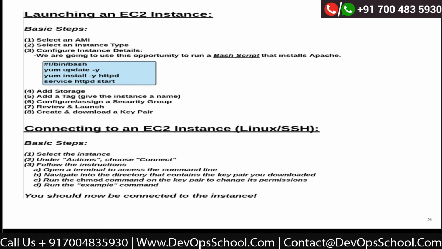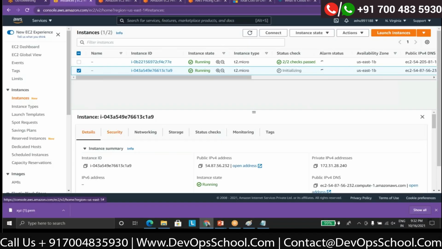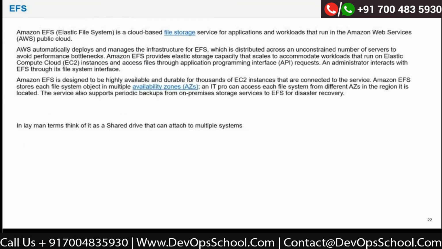Hello, guys. Okay, Rahul. Anybody else have any doubt in launching the instance? I hope I've explained everything in easy language. Okay, thanks. Everybody is in sync now. What is next? Next is the EFS service. Guys, if you are not speaking, I think there are no doubts. Okay, next thing is the elastic file system.